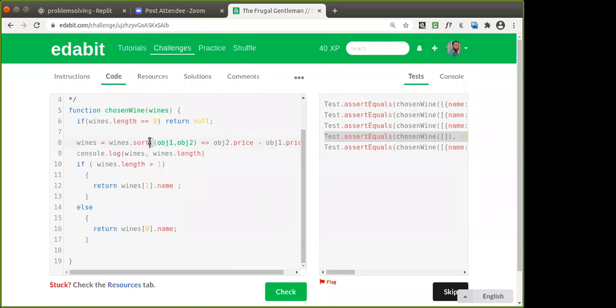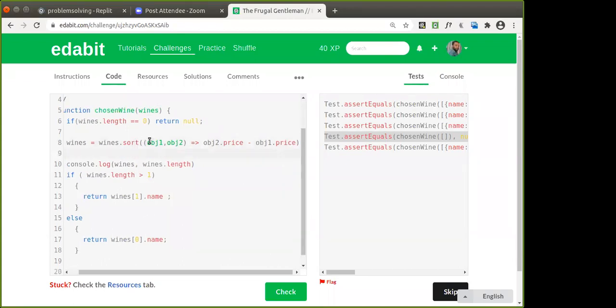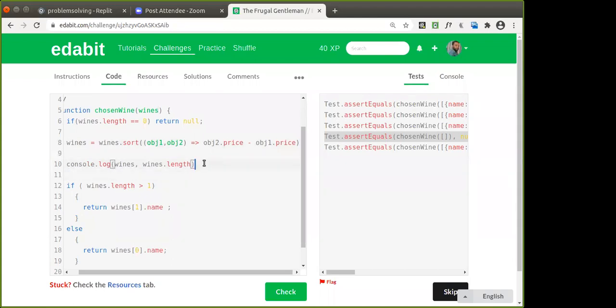Otherwise, if you are having more than one element in the array, you are just sorting that, isn't it? So wines is equal to wines dot sort obj1 comma obj2. We are sorting based on the price. So obj2 dot price minus obj1 dot price. So this will sort the list of objects in the descending order. In the descending order, the objects are sorted. Once the objects are sorted in the descending order,